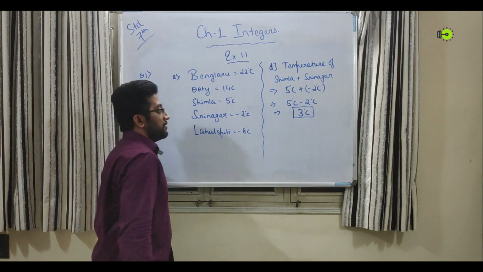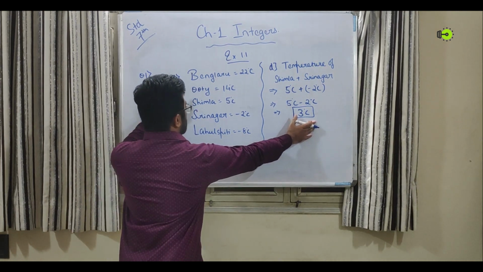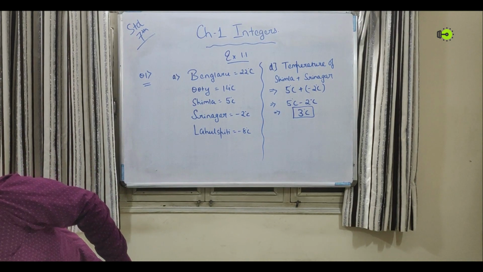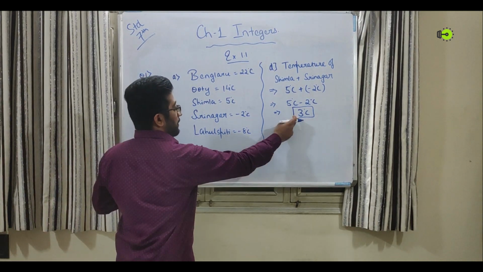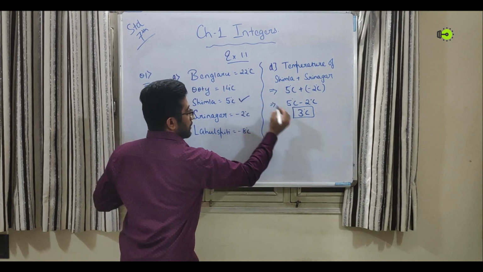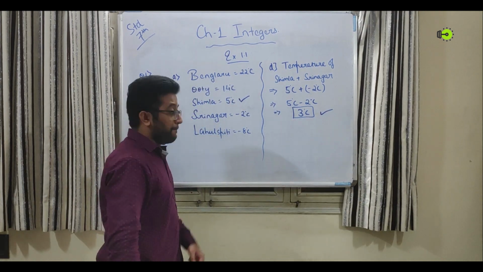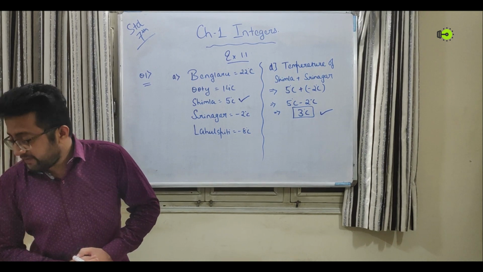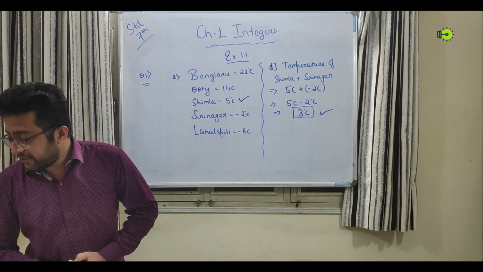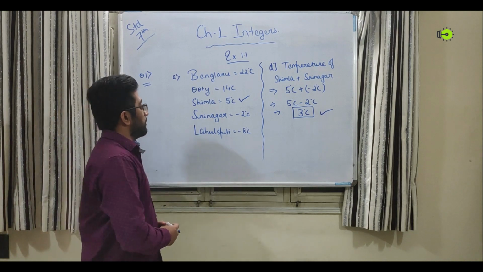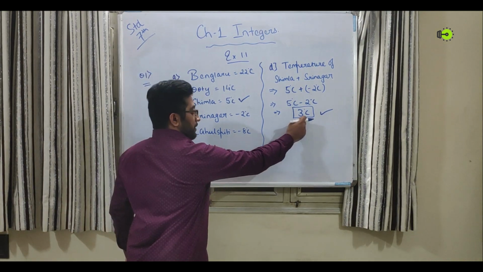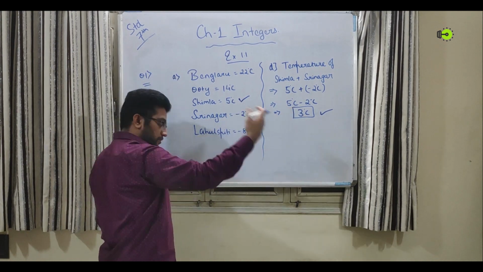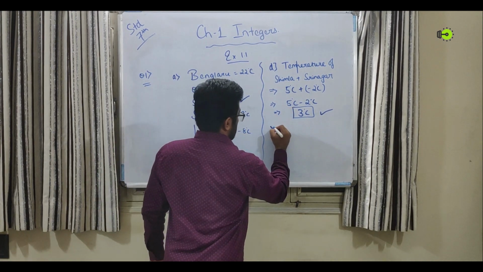Now we will make a comparison between this and Shimla. If you make a comparison between this and this, you will find out the bigger number. You have been asked: can we say the temperature of Srinagar and Shimla taken together is less than the temperature at Shimla? So is this temperature less than this? Yes, 3 is less than 5. So the answer is yes.